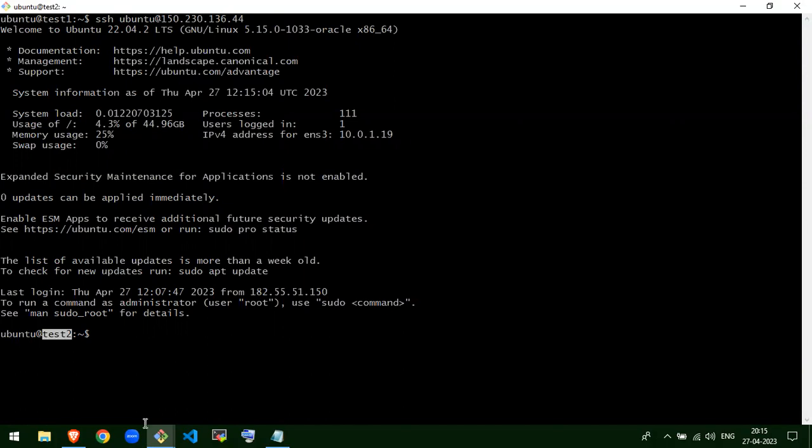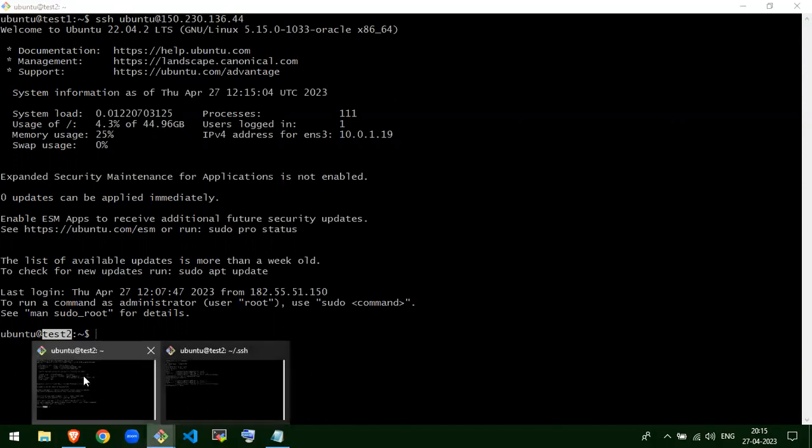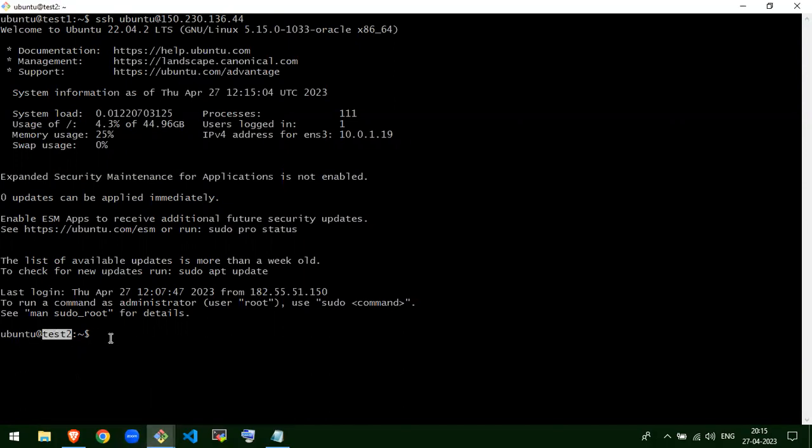Now it's showing test2. I'm still in the first terminal only, but it's showing test2. So when you type hostname, it's showing test2. So from the first Linux machine, I'm able to connect to the second machine. Like this, it was happening. But you can ask, even though I didn't specify the private key, how has it connected? By default, if you are not specifying any private key, it will take